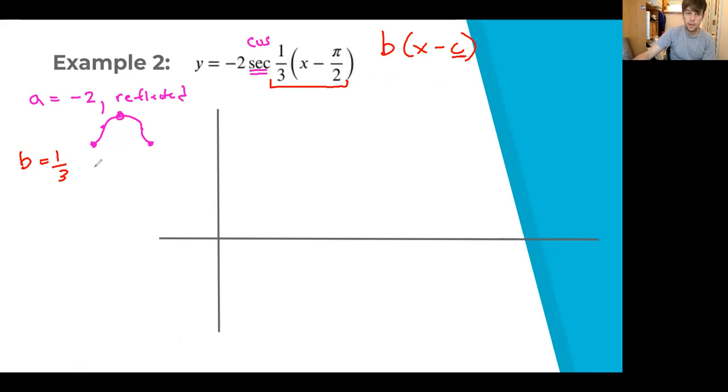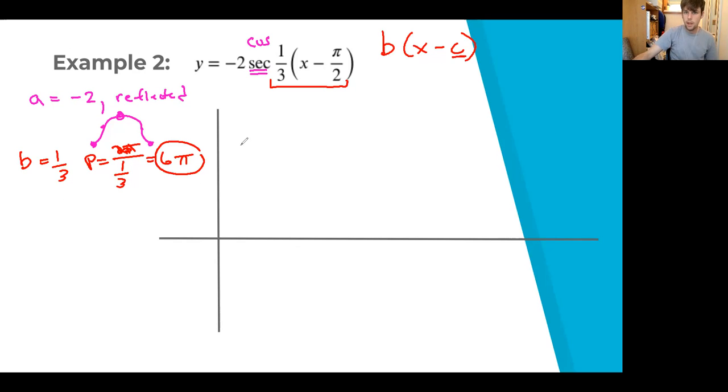Find the period from that. We have period equals 2 pi over b. So 2 pi divided by 1/3, it's actually 6 pi. It's a pretty long period. That means we'll have to have a really wide graph here, and we'll have to make sure to scale that